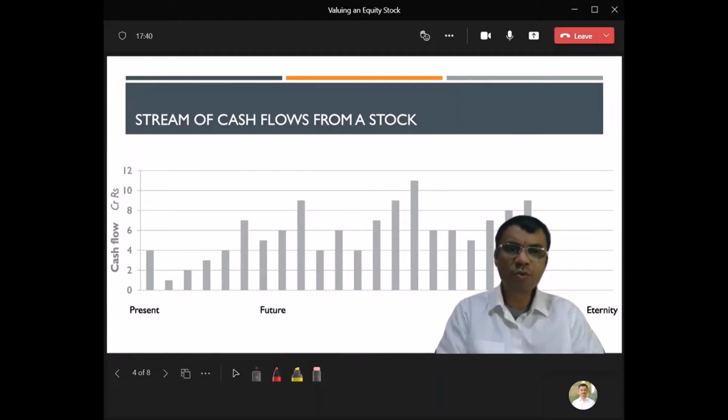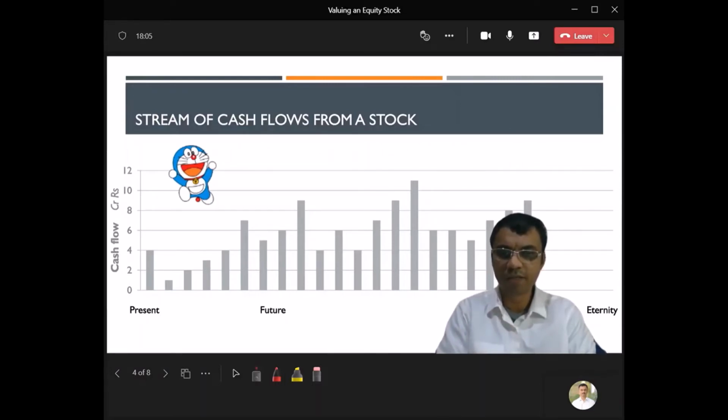Once we have decided to use discounting to determine the price, the only aspect remaining is to estimate the dividends till eternity. This is where analysts differ from one another. Since nobody I know has traveled from the future, except maybe Doraemon, I do not know any way to find out exactly how much will be paid by a company as dividends. At best, we can make assumptions, estimates, and predictions. These predictions get increasingly difficult to make as we move farther and farther into the future.